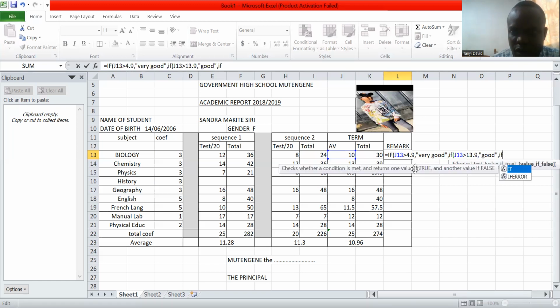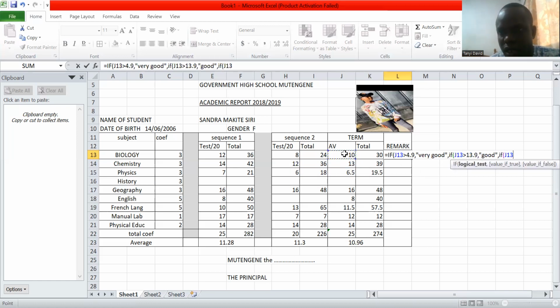If you open your bracket again, the value of J13 should be greater than 11.9, because 12 is supposed to give us the remark of fair. So comma, you open your inverted comma, you write fair, you close your inverted comma, comma,